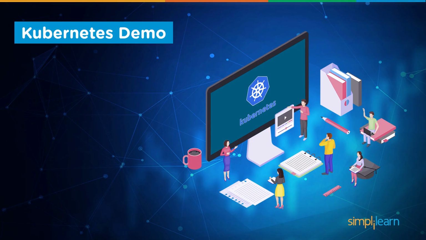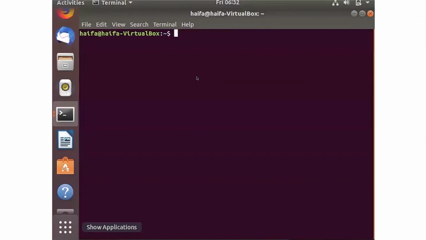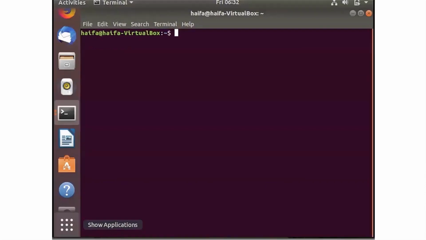So at this time, what we want to do is take you through a Kubernetes demo that actually runs through some of these basic controls. So we're going to take you through a video of how to actually install Kubernetes and to use some of the basic instructions. So Kubernetes is the most widely used platform for container management. The first step is to actually install the necessary dependencies. So let's see if there's any updates first.